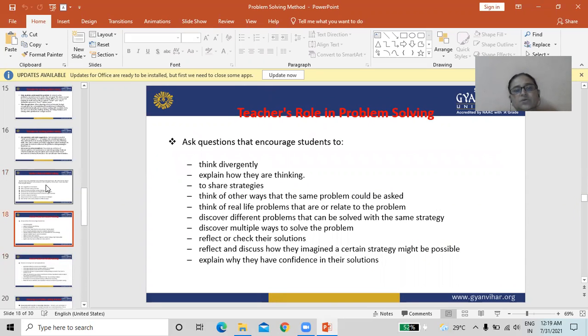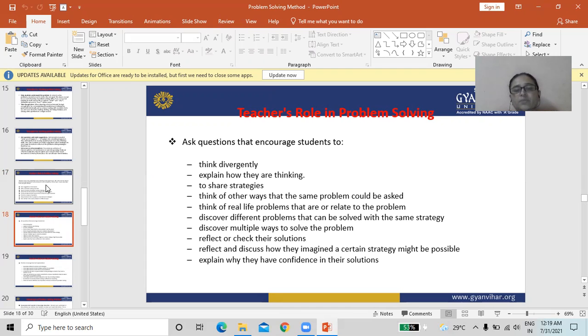Ask questions that encourage students to think divergently, explain how they are thinking, and share strategies. Think of other ways the same problem could be asked. Think of real life problems that are related to the problem.